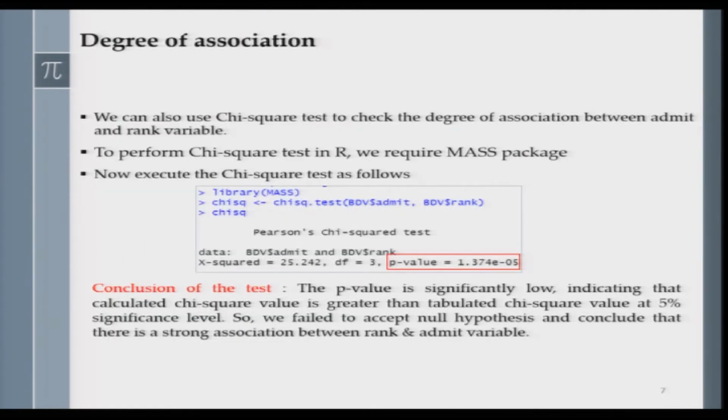Now, once the frequencies are obtained, you can perform the Pearson chi-square test to check the degree of association between the two variables admit and rank. Why are we interested in a Pearson chi-square test in this context? Because we can have a hypothesis that the rank of the undergraduate institution from where the student got his or her undergraduate degree may have an effect on the decision making while the student's case was being discussed, and a decision has to be taken whether the student shall be permitted in a graduate school or not.